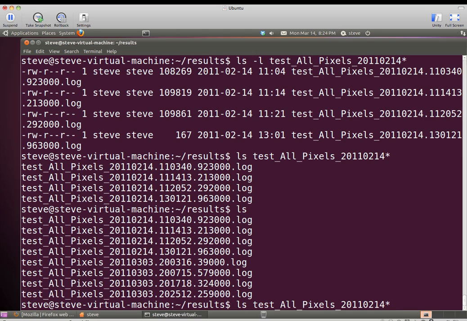So that's a wildcard. And actually it's a pretty powerful thing because I can apply this not only to an ls command, I can use it with any Linux command that expects a file name. For example, the rm command to remove a file. If I did this command with an rm instead of an ls, it would delete all files that contained that February 14th timestamp. So it can be really powerful, and as an important reminder, there's no such thing as an undo, or from the command line, there is no trash bin or recycle bin. Once you remove a file, kiss it goodbye, it's gone. So you learn to get real careful and check things.